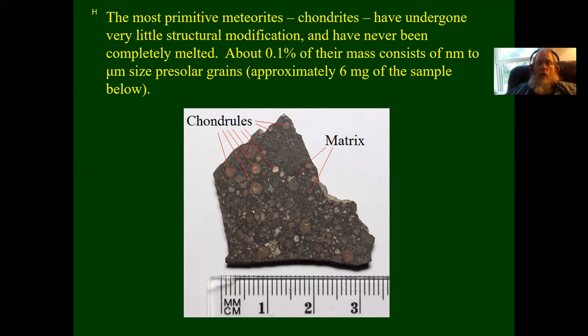So this is a little piece of a chondrite meteorite that's been sliced thin so you can see the structure. These round things here are the chondrules, and the chondrules themselves have been melted. So they're probably little free-floating blobs of molten rock at some point in early solar system formation, and surface tension would hold a little drop of something liquid together even in vacuum. But it's the material in between